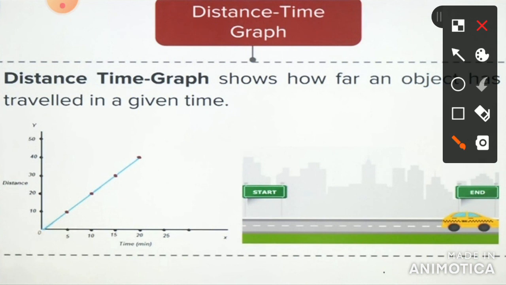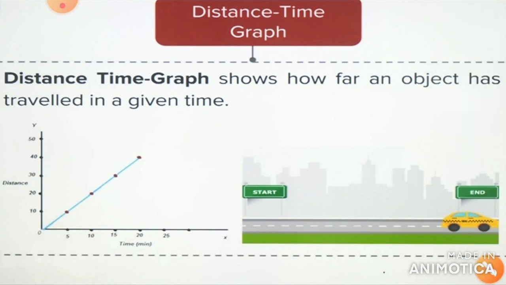That's it. So the distance-time graph shows how much the distance or time increased from the starting point to the ending point. So this car has increased from 10 to 40 kilometers, meaning 40 kilometers in 20 minutes. It will take some time. Okay, this is how it will measure the speed. It shows how much distance is covered in a particular time. So this is the distance-time graph. So now I will go a bit deeper. I'll give you some extra knowledge.